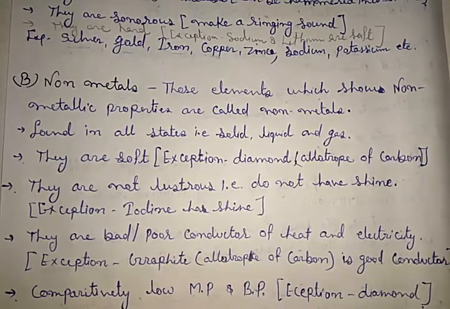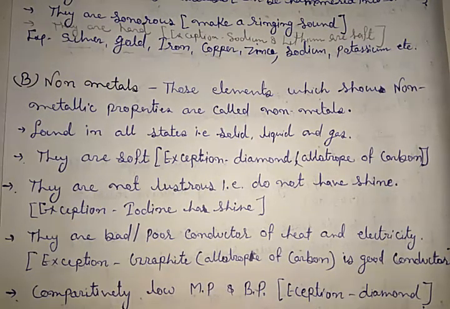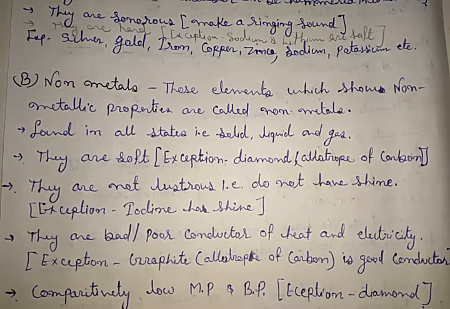Element: the chemical substance which cannot be further divided into simpler form by chemical reaction is known as an element. Or if we consider the chemical composition, then we can say that any matter or substance which is made up of only one type of atom is known as an element. Okay. And then we discussed the types of elements.